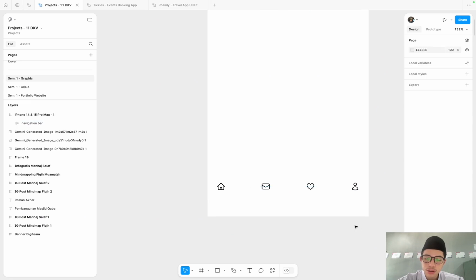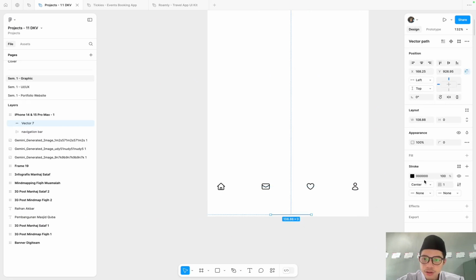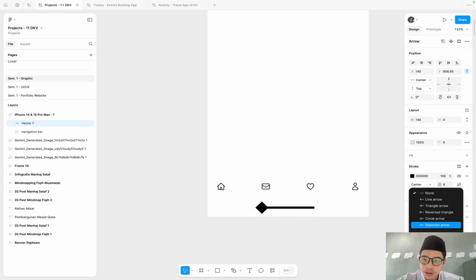Okay, we give a paint tool to be a home indicator, so center aligned, the width maybe 200. 140, I guess. Good. 6, and then give a rounded.